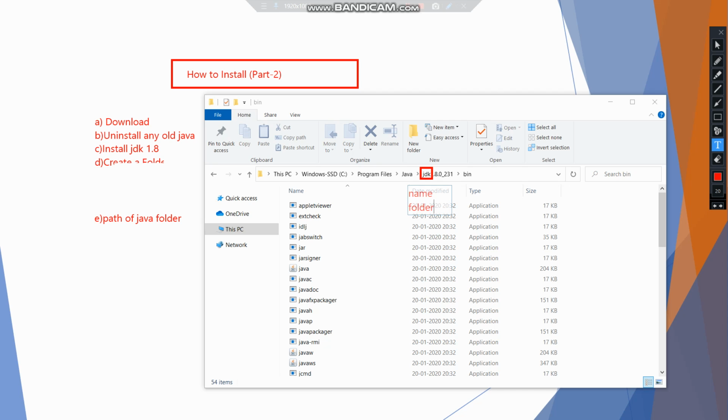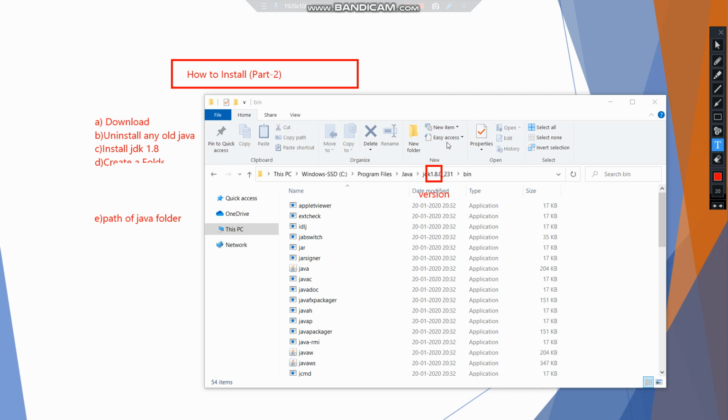Now next thing, if we talk about the 1.8 written here, I'll erase this one. Yeah, so here you can see this 1.8.